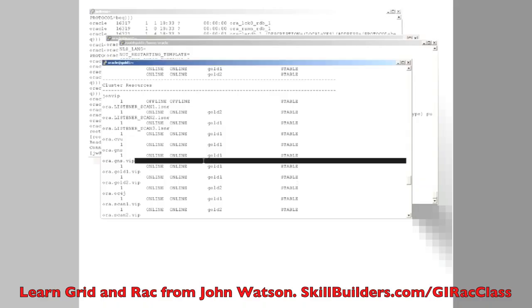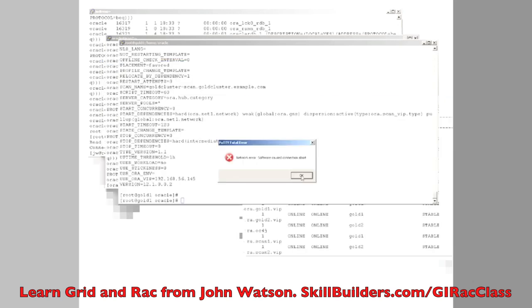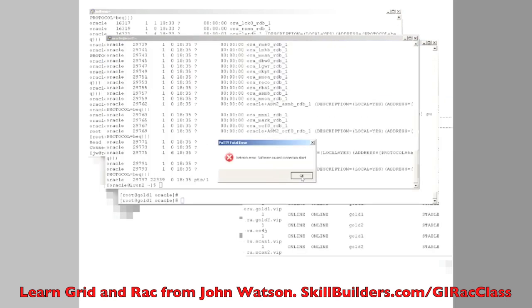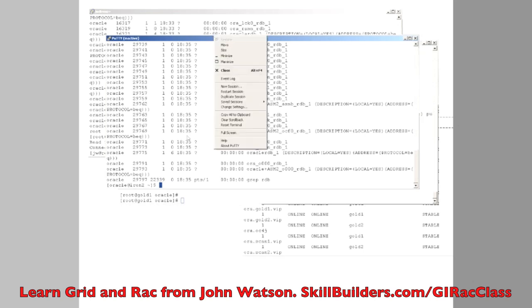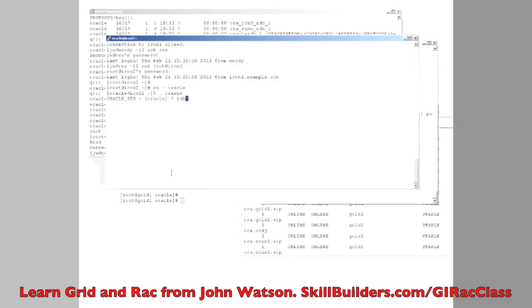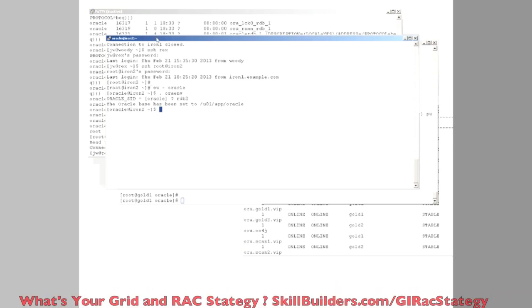So looking at my environment here, where I had my database running. Now, this was the cluster where I assigned my database to a server pool. I crashed one machine and we saw the database fail over. So at this point, I really have absolutely no idea as an end user where that database actually is. But that doesn't matter. Because of the single client access name, the scan, I can issue my normal connect string,